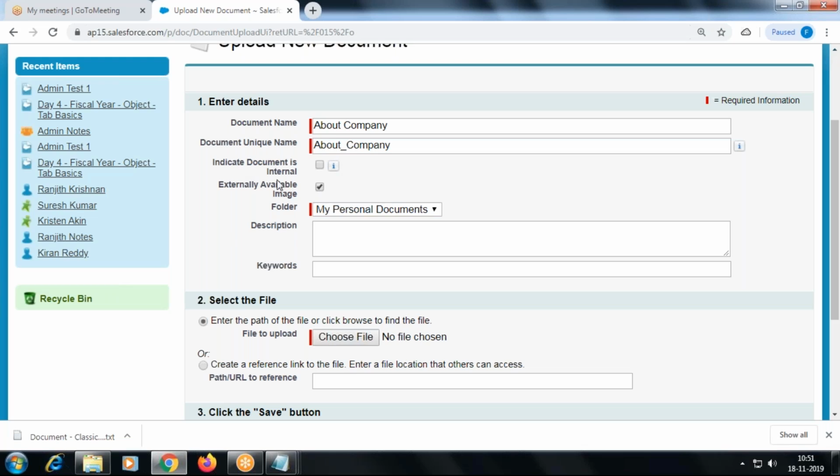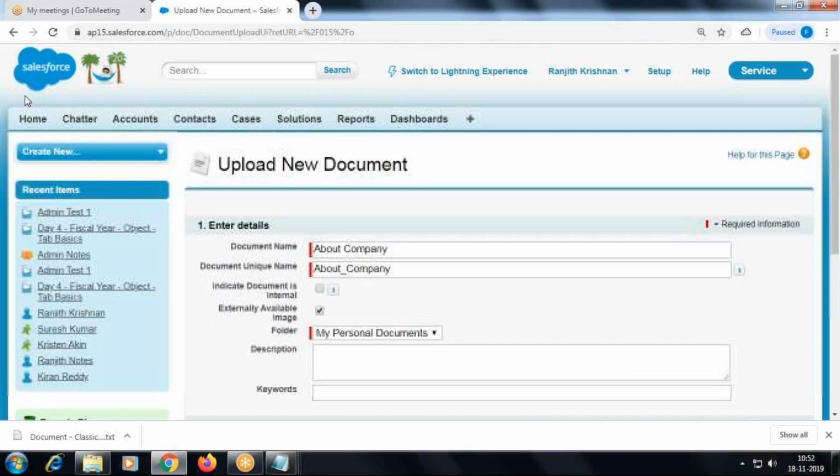And I can make it externally available. It means I can upload here a document as well as an image, or any PDF format or text format or HTML format, any type of format. I can also upload an image document. People got it? If I upload an image document, I can use that image to replace this logo. Got me?